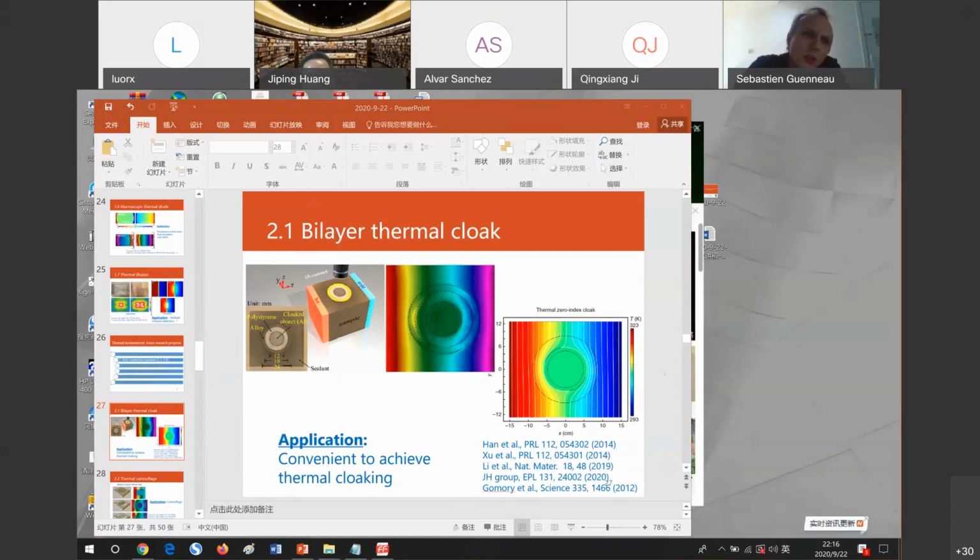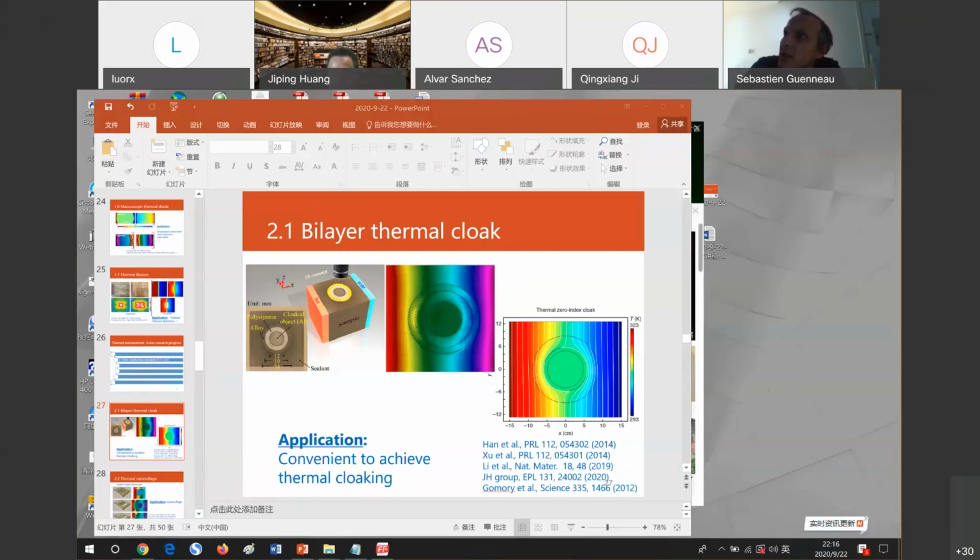But that would work in a steady state regime, isn't it? Yes. This doesn't apply to the transient regime. No. It's in the steady state, but it's the same Laplace equation as the thermal case that we are dealing with here, I guess. I agree, but as soon as you introduce some frequency or spectral parameter, some time dependence, all this breaks down. But in the thermal case, we are also working in the static limit, right? Yeah, but it's a diffusion equation. It's not a wave equation.